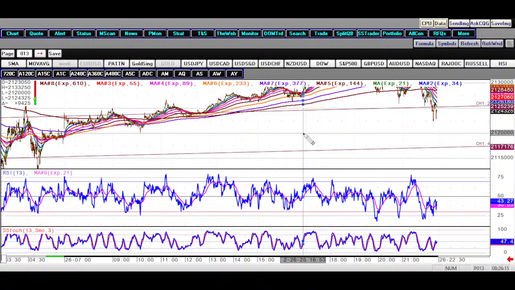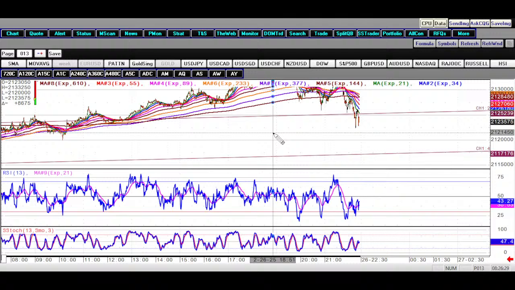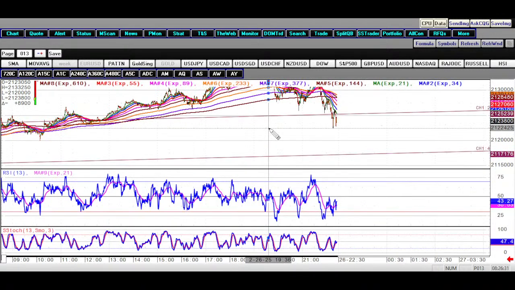Actually, 21200, there is a support. Okay, there is a support, but if it breaks, then we can see the price another 30 pips lower. Okay, so let's see how this thing is coming about. Okay, as far as the gold is concerned,